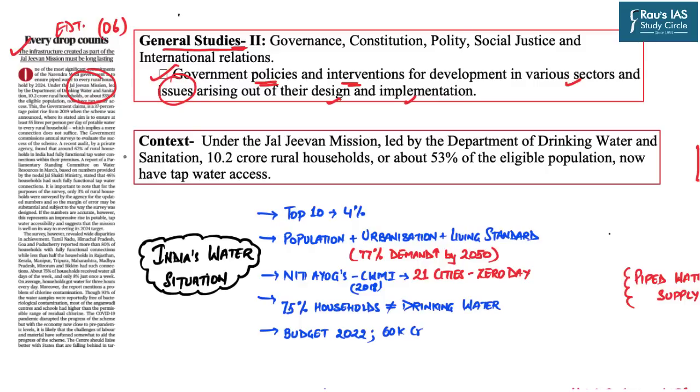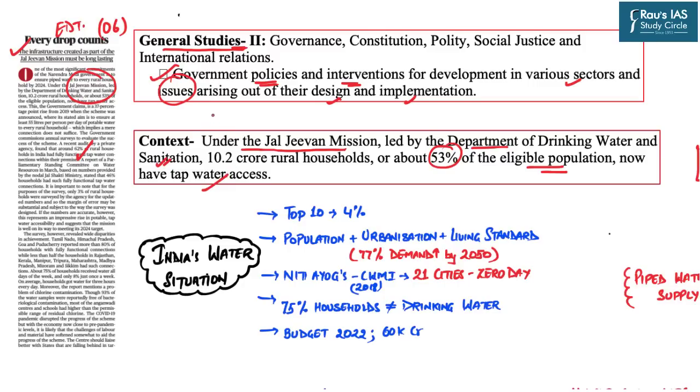The context of this very editorial in today's newspaper is that there have been certain data which are out in the news. According to some of those data, under the Jal Jeevan Mission, which is led by the Department of Drinking Water and Sanitation, about 53% of the eligible population now have tap water access. So from the context, it is very clear that Jal Jeevan Mission aims to provide tap water supplies to